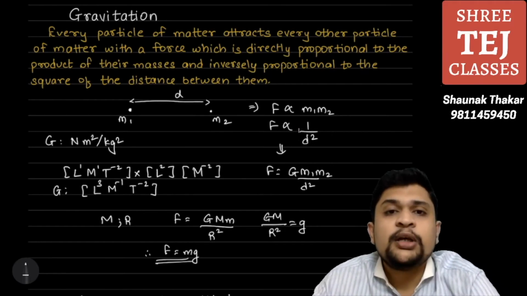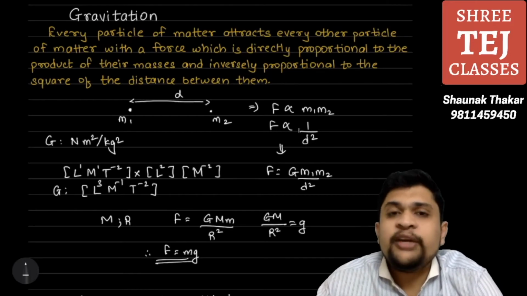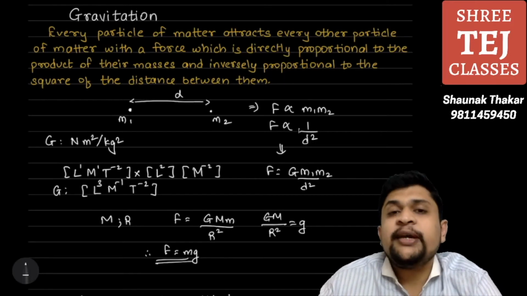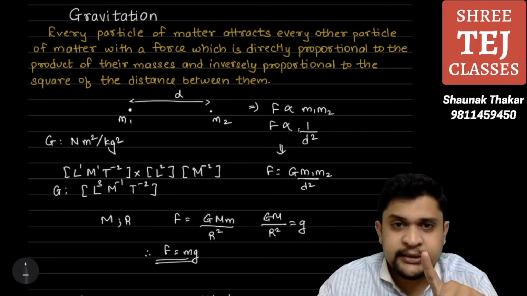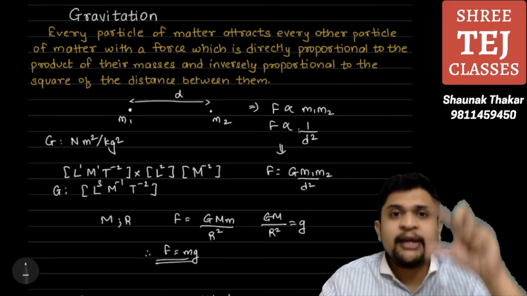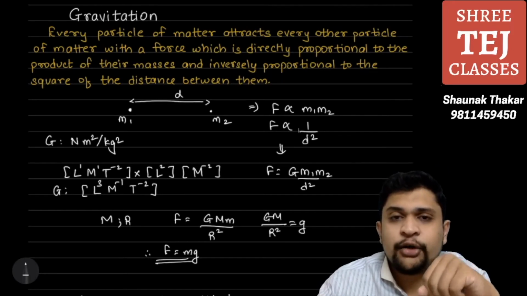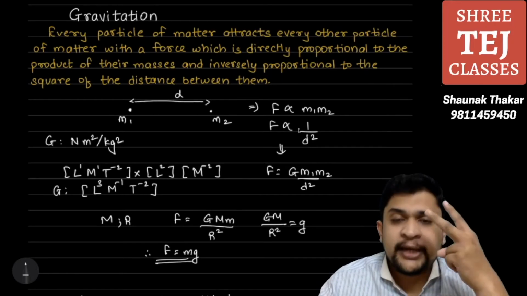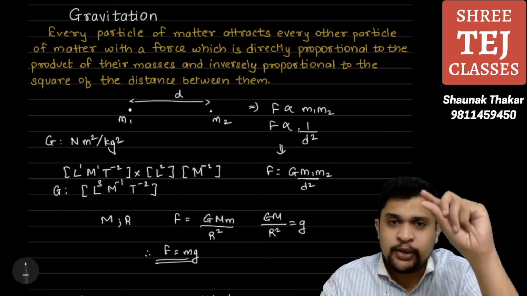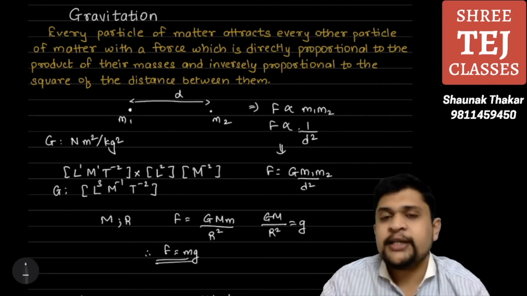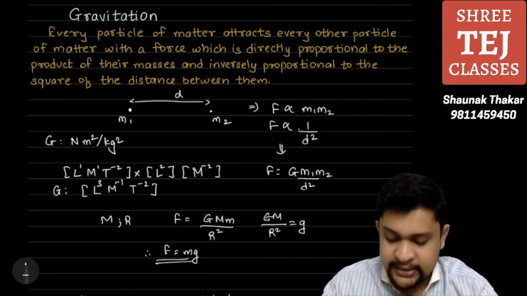Okay. So clear up till now. Now we will look at two different situations: how gravitational acceleration g will vary. The first situation is we will move away from the Earth. Okay, we will increase the altitude of the object of mass m. And the second situation would be we will take the object of mass m into the depths of the Earth. So let us see how gravitational acceleration will vary in both these cases.